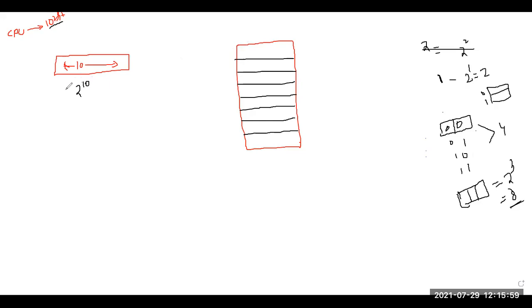That means if it is 2 to the power of 10, it will be 1024 locations. Okay, how many locations can we address? If you have a 10 bit register, how many locations can it support? Meaning it can generate that many different locations. Fine, 1024 locations can be generated. That means if I start from 0, next will be 1, next will be 2, next will be 3, so how far does it go up to? It goes up to 1023. Is it clear to all of you what I am saying?